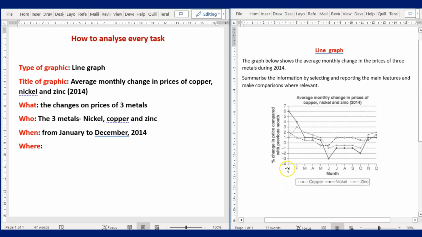We know that this one talks about the month, the whole month from January to December. So you can have J, F, M, all of them talking about January to December. So you have to also note the keys on the vertical and horizontal axis, the information on there. You have to read and understand. Aside from that, you have to look at the keys in the box. You can see that here we have some signs